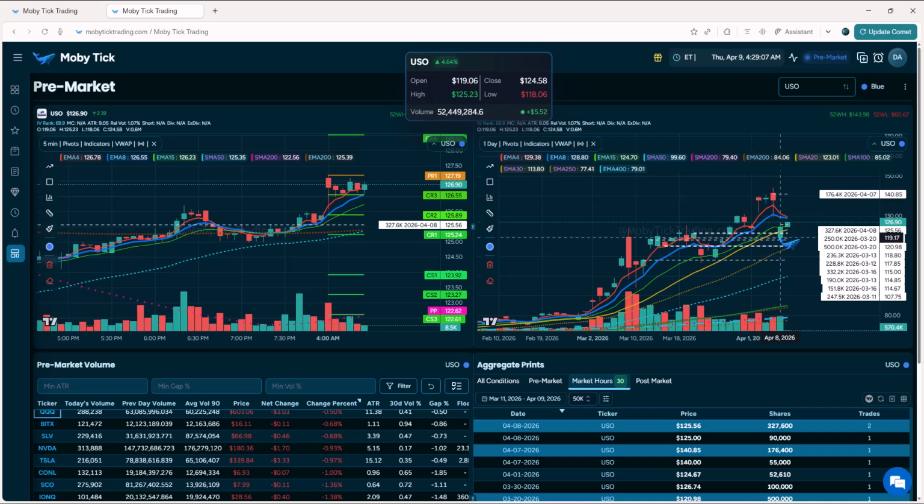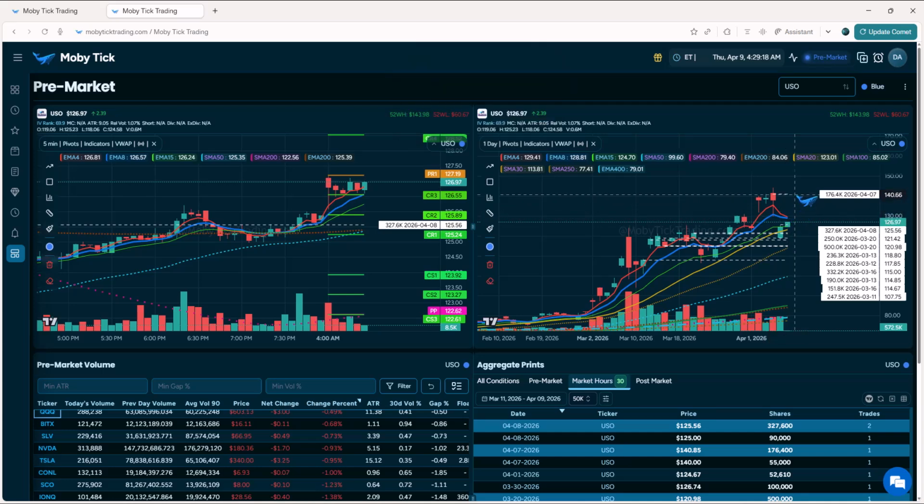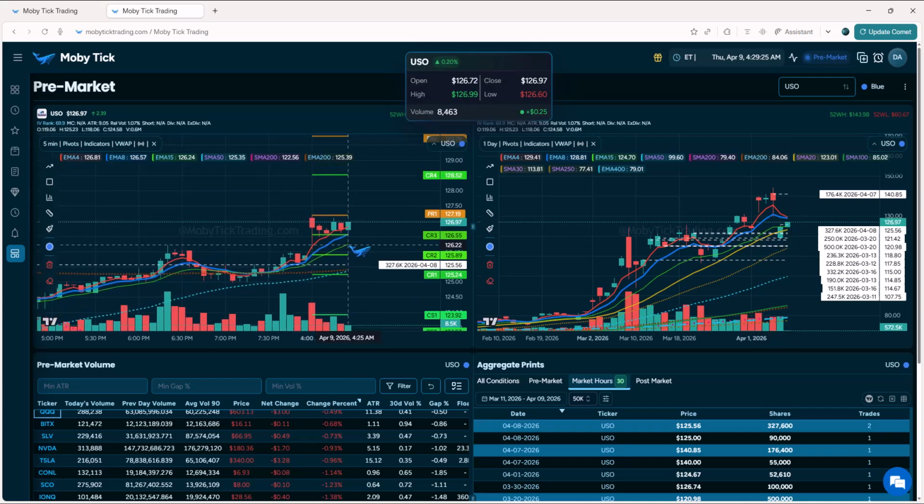So oil dropped a bit, but right into these prints here. This is also a break and retest. So we'll see what actually happens if we can start to move back up to this 140 level and see. Otherwise, all of this here is all support. So let's go ahead and map this out for the day trade.